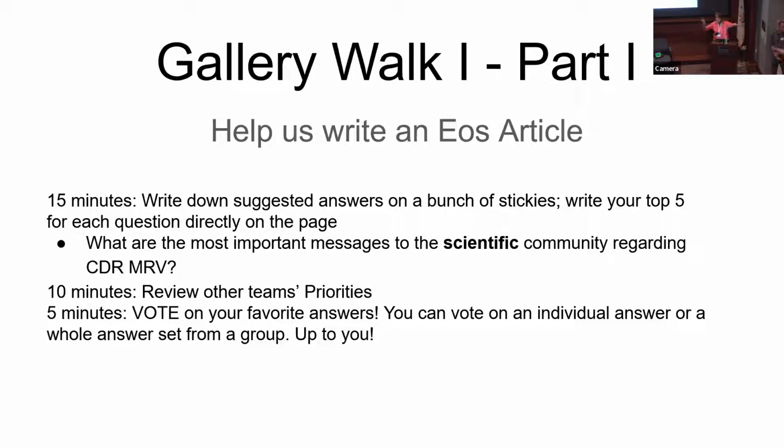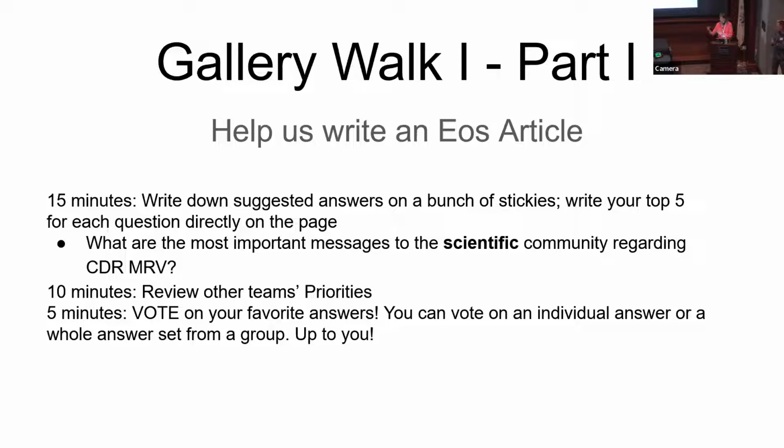So you'll see there are 6 sheets on the wall. And then the other rooms have the remainders of the groups. So if you walk down, we're going right in order. So I think 4 through 7 is in the next room, and then 8 through 10 is in the next room. You want to spend about 15 minutes together as a group, just with your sticky notepads, writing down ideas to address the question that's on the sheet. We start with round 1. And that is all about, what is the message you think we need to get out? What's the most important message we want to convey to the scientific community when it comes to mCDR, MRV?